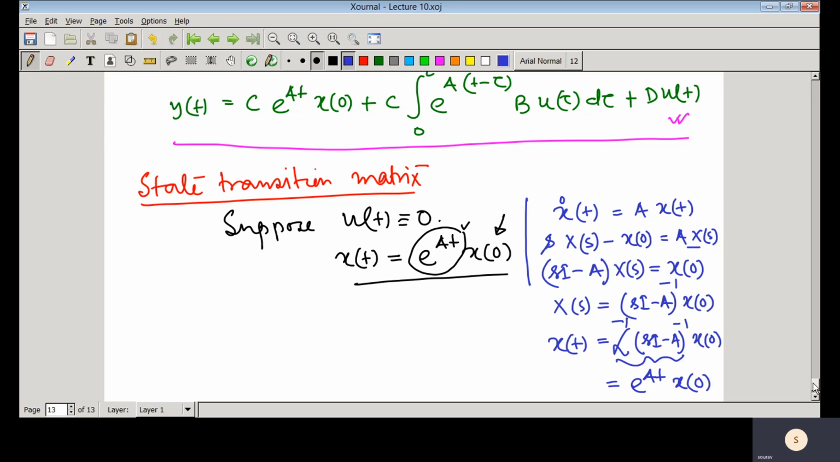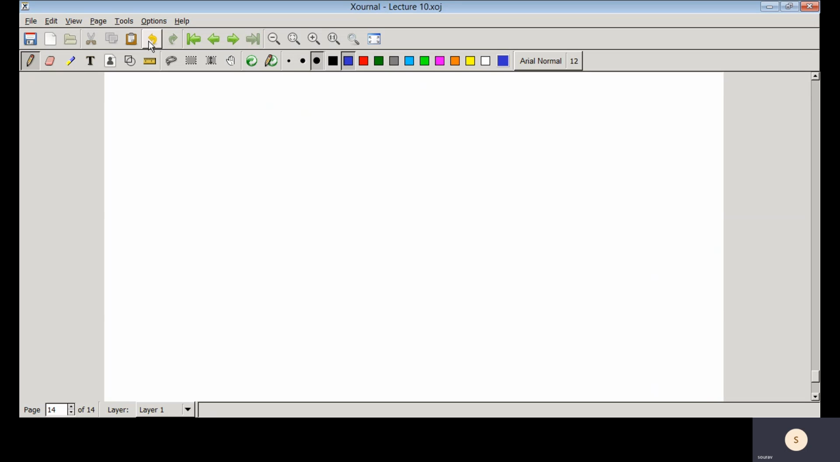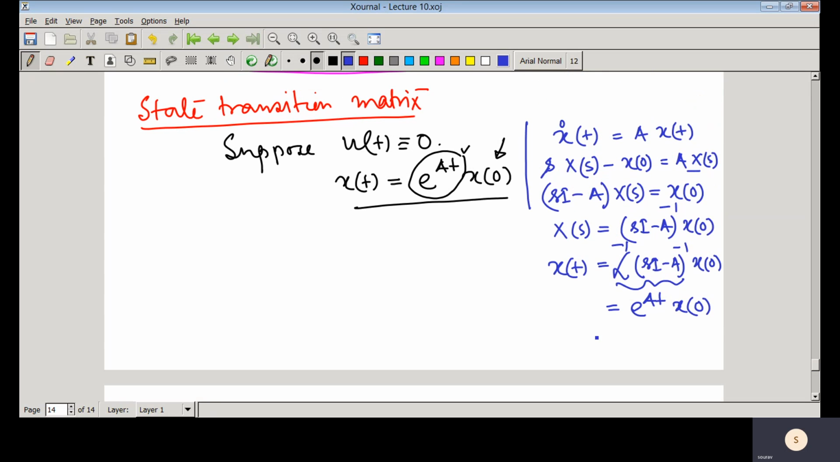So now it is interesting to see whether it is really the solution of this particular equation. The answer is yes. How? If we take the derivative of this solution, then again you will get back this particular equation. Then you can say that x(t) equals e to the power At x0 is the solution of this differential equation. So let us see, if we take the derivative of this particular solution, we will be getting dx(t) by dt equal to d/dt of e to the power At x0,